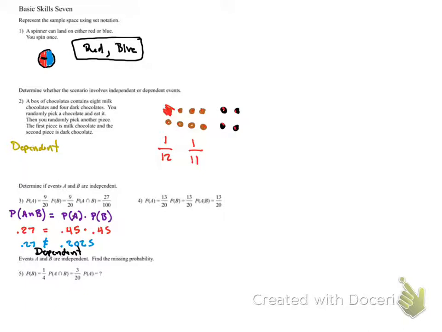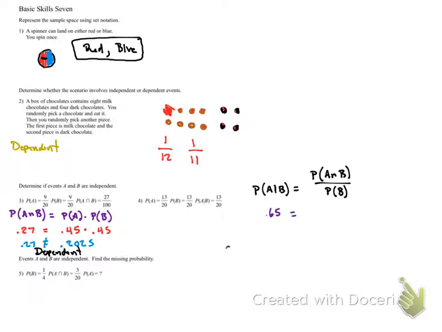Let's look at number 4. For number 4, it's conditional probability because we have that given sign here. For conditional probability, the probability of A given B should equal the probability of A and B divided by the probability of B by itself. Some of this stuff we have. Probability of A given B is 13 out of 20, which is 0.65. So I'm going to go ahead and put 0.65 here,